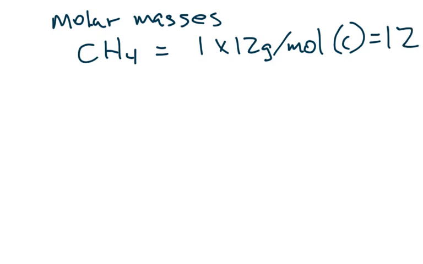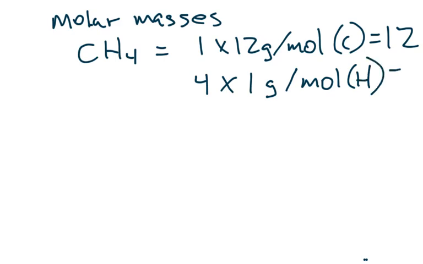And then I've got 4 times 1 gram per mole of hydrogen, which I'm pretty sure equals 4. So CH4 has a molar mass of 16